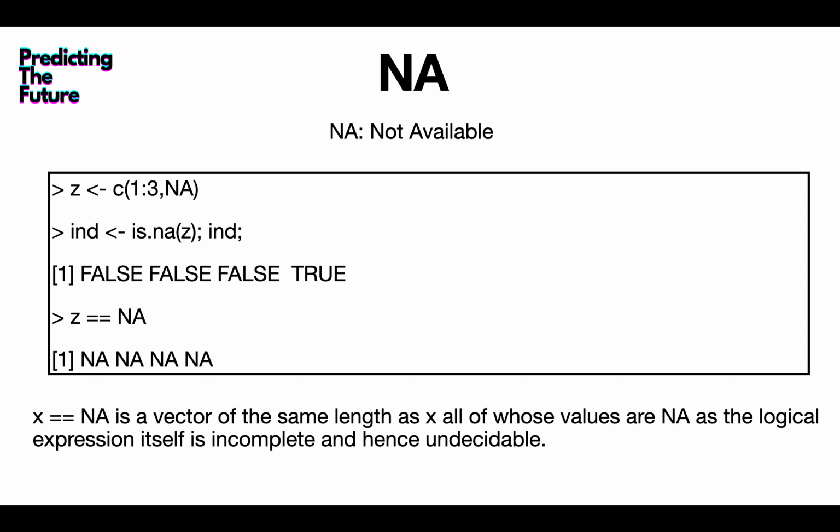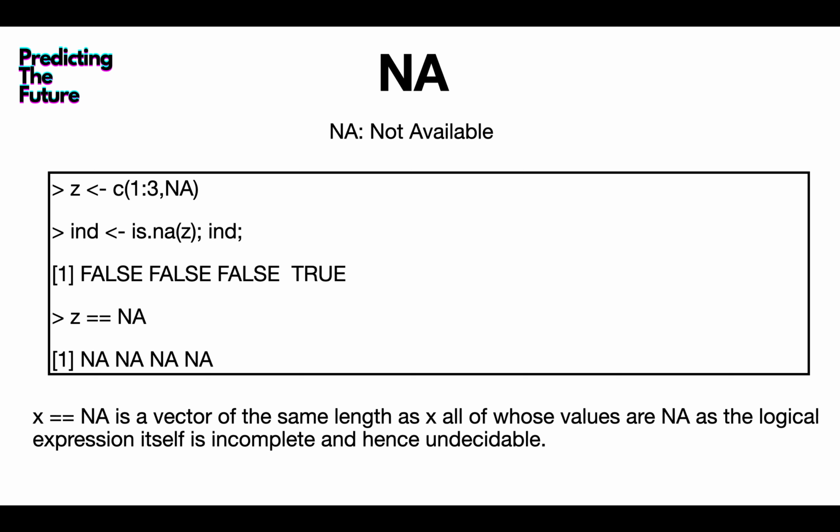So next thing is some special types of values in R. The first one I want to talk about is not available, which is NA. It's a placeholder for a space where we don't know the number yet. We just want to have a placeholder there, and then we can give a number later. So that's NA. Here is an example. We create a vector of 1, 2, 3, 1, 2, 3, and then the fourth number is not available. So it's a vector of dimension 4 with the last value not